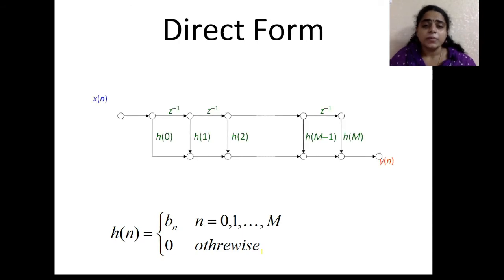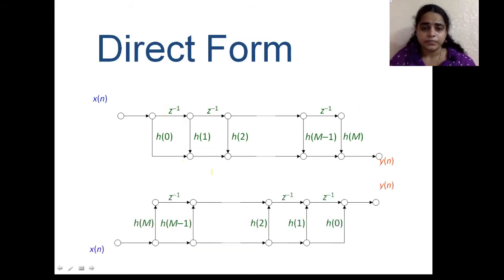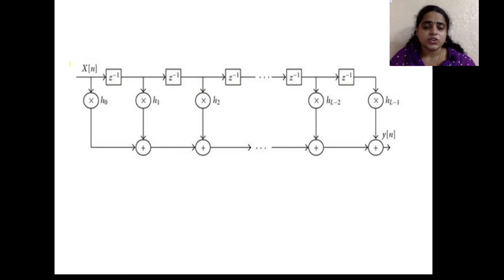The direct form realization. So the direct form realization will have delay elements in boxes, Z inverse, like that. For each and every delay element there will be a coefficient and everything will get added here. Finally y of n is equal to h of 0 plus h of 1 Z inverse plus h of 2 Z power minus 2 and so on, h of M minus 1 into Z power minus (M minus 1), like this. This is the final structure of your direct form 1 of the FIR filter.